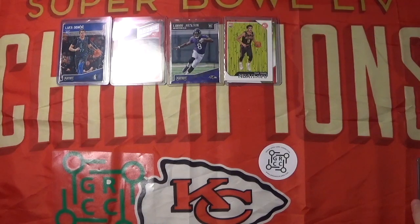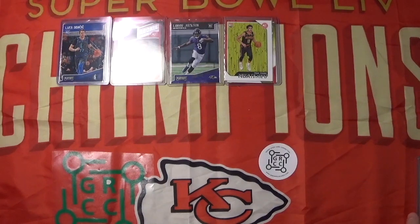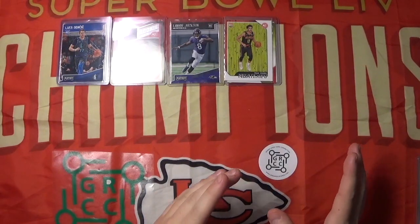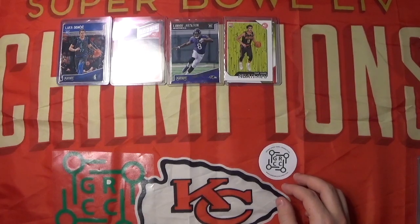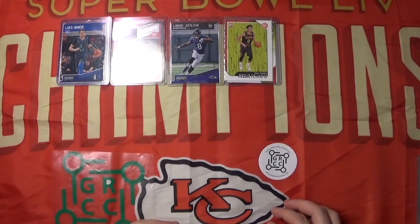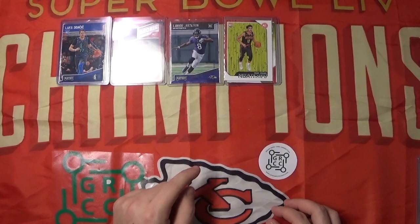Now we're gonna get into some big boys, so to say. And these are some more recent purchases. End of 2020, start of 2021. I was working really hard. It was before the semester. And I started to regret the fact that I had pulled a, let's see here, a 2011 Update, got it graded 9.5